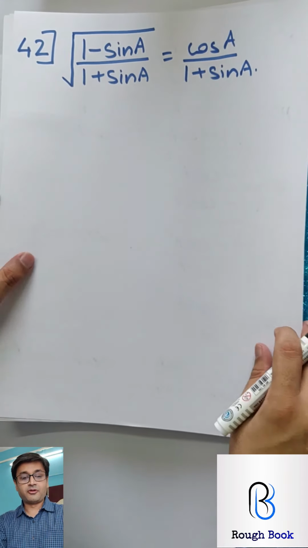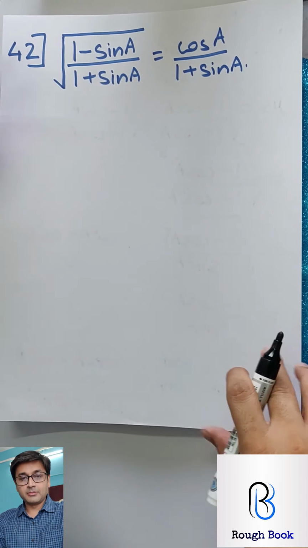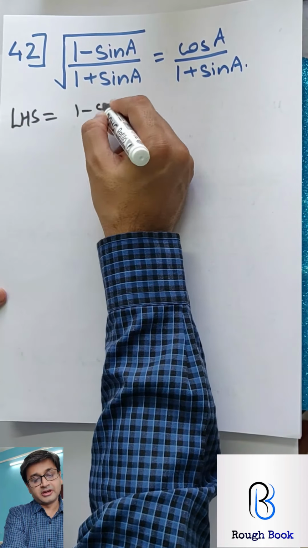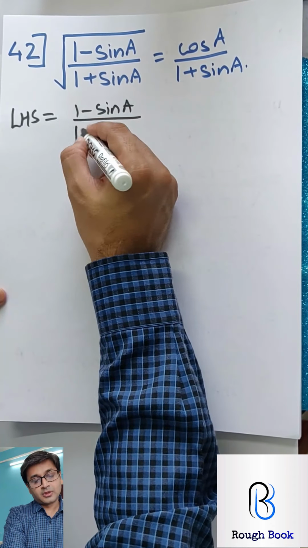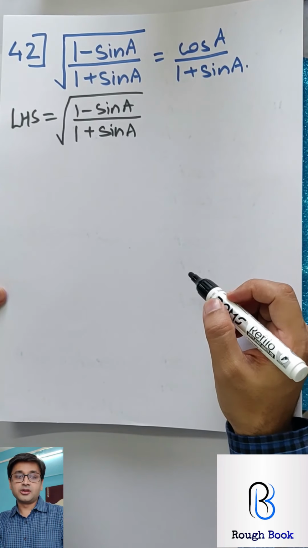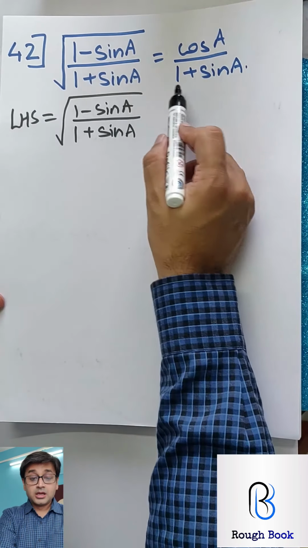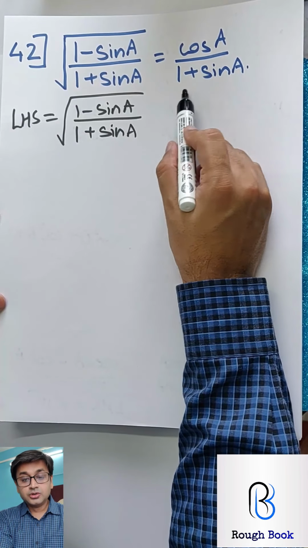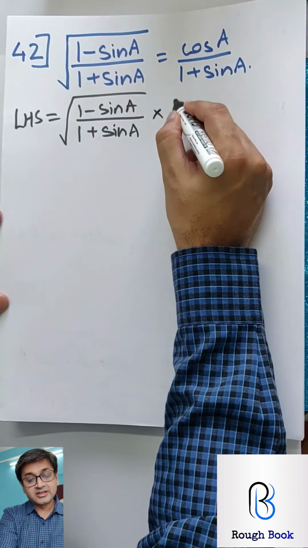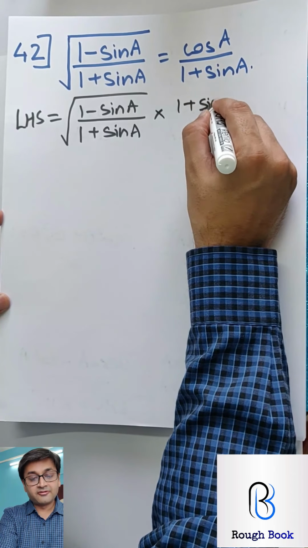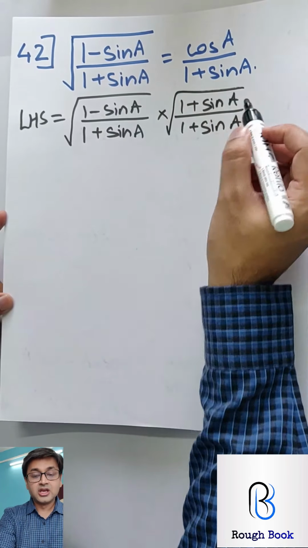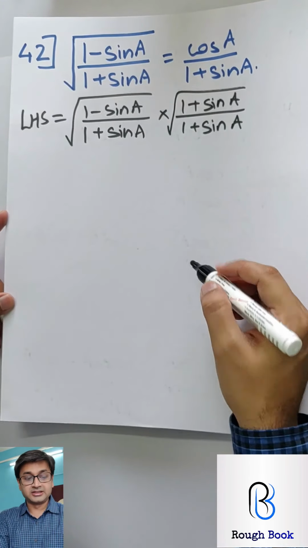The next one, 42. Exactly same type, but little twist in the question. So let's copy the LHS. Obviously you're beginning from there. So 1 minus sine A, 1 plus sine A under the root. Now, will you rationalize the numerator or the denominator? Look at the RHS, that will tell you. You need 1 plus sine A. So if you rationalize this, gone. So you have to rationalize the numerator this time, and therefore 1 plus sine A. That's how you will come to know which one to rationalize. So keep your eye always on the right hand side.